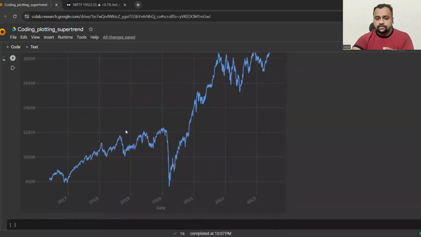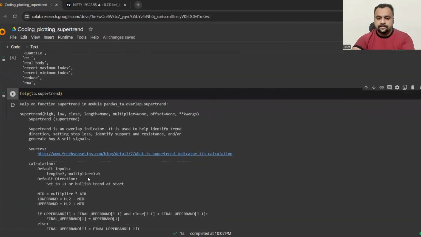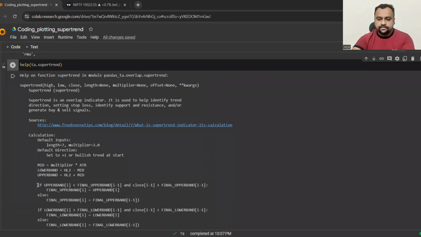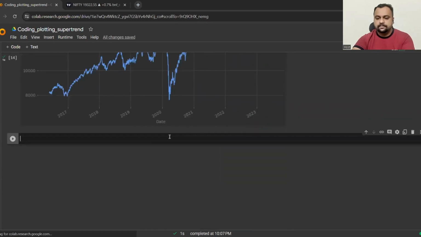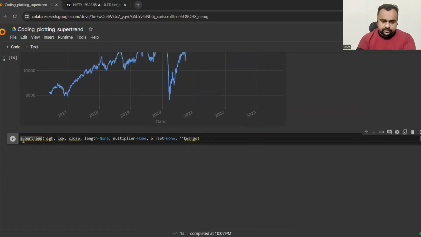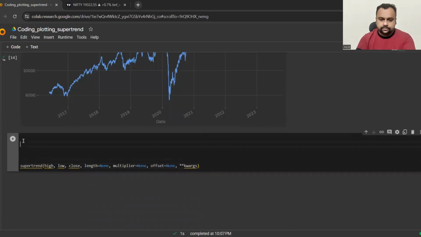So what I need to do is, let me just copy this bit, so it is easier for me to understand what to input, what I have to compulsorily input. So this is the thing, and I'm going to remove this later. So let's create a fresh data frame, which is a super trend, and let's call it SU. SU is equal to,